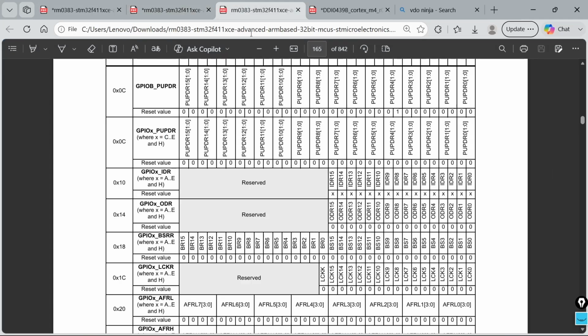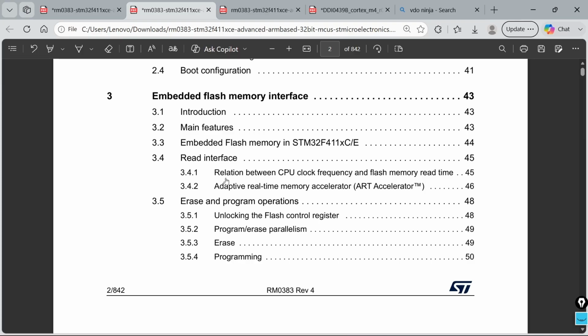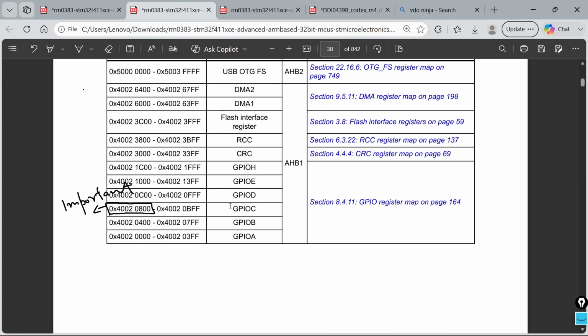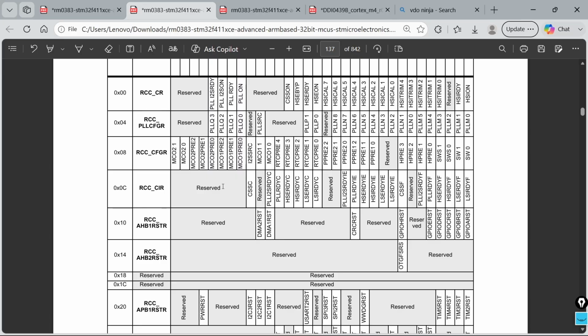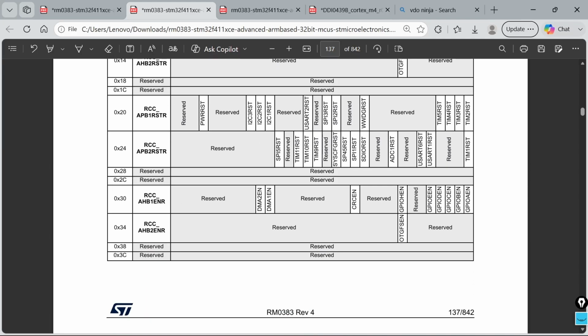Okay, let me show the clock base. We go to memory map, GPIO C. No, actually we go to RCC. This is the register clock control. We go here and we want the offset for this one, the high speed bus 1 enable.